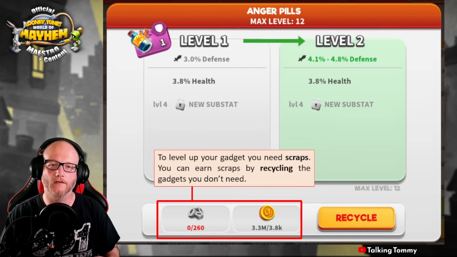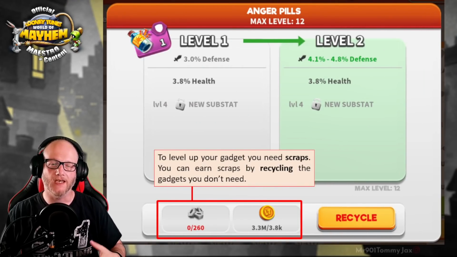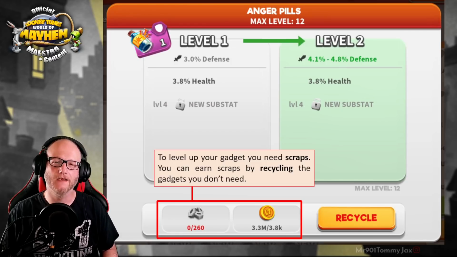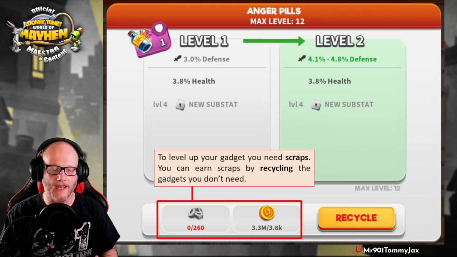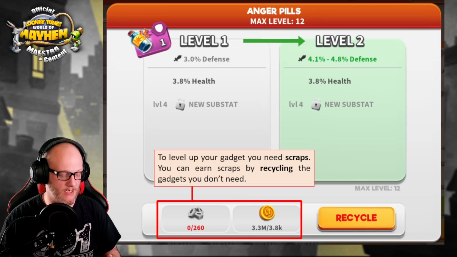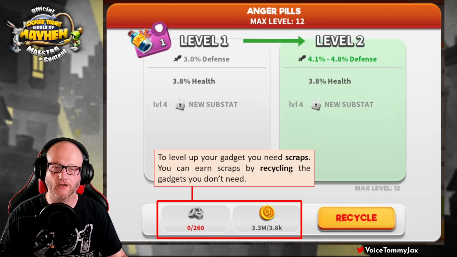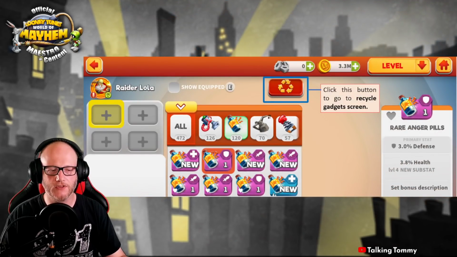You're going to want to level up your gadgets because leveling up your gadgets increases their main stat and unlocks or improves its substat every 4 levels. Now, to level up your gadgets, you're going to need scraps, and you get scraps by recycling scraps you're currently not using. And what you're going to do is go to where you equip your gadgets